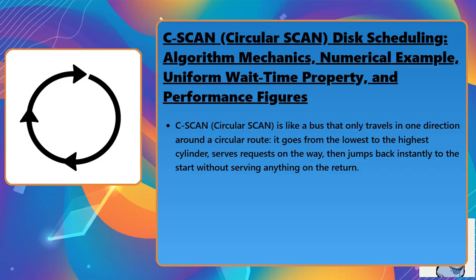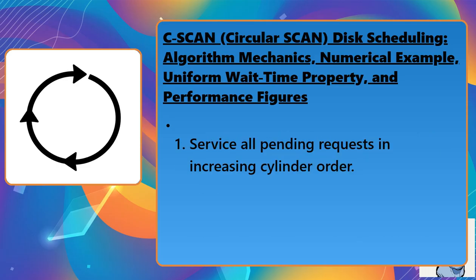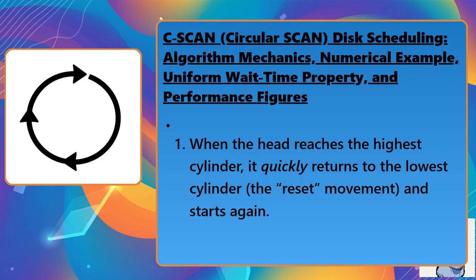C-SCAN, circular scan, is like a bus that only travels in one direction around a circular route. It goes from the lowest to the highest cylinder, serves requests on the way, then jumps back instantly to the start without serving anything on the return. Mechanics. 1. Choose a direction, usually upward. 2. Service all pending requests in increasing cylinder order. 3. When the head reaches the highest cylinder, it quickly returns to the lowest cylinder, the reset movement, and starts